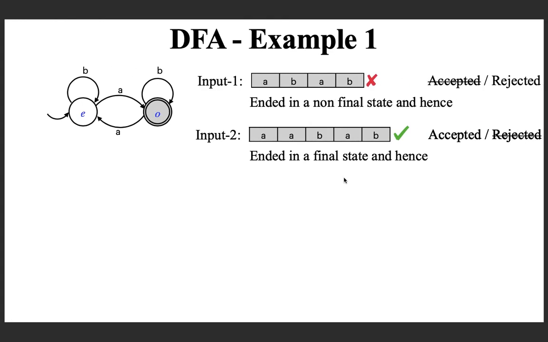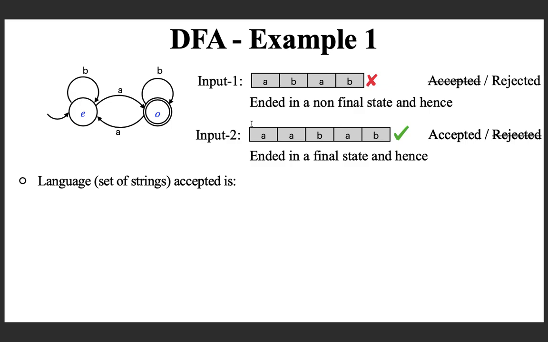Now we can see what language is accepted by this automaton. Language means the set of all strings accepted. You can see that this is a string accepted and this is not accepted. And if you carefully observe, you can find the language. Do you have any guess what would be the language or what kind of string is accepted?